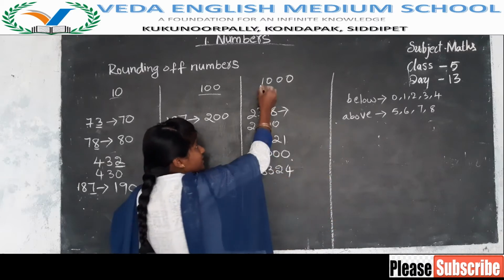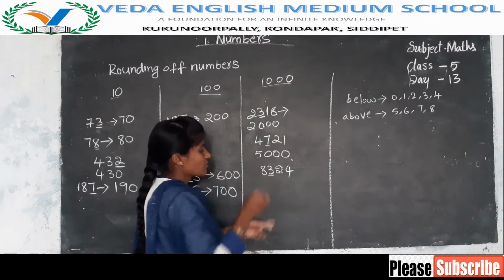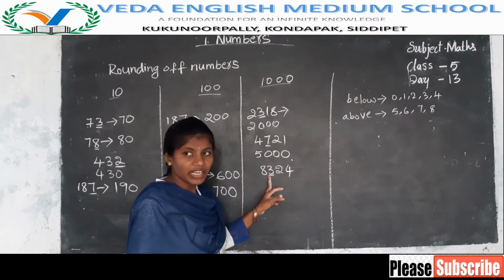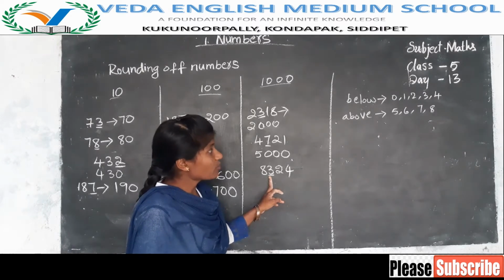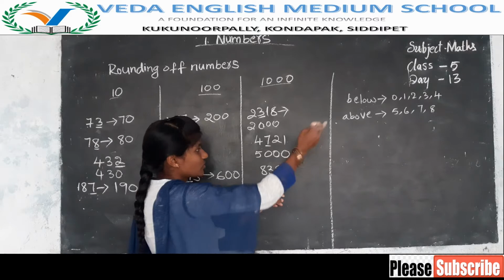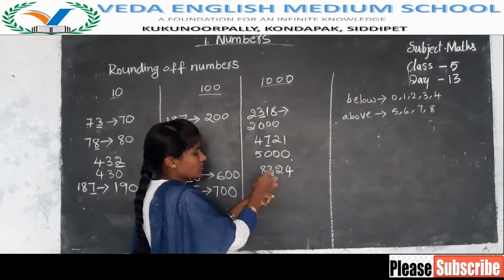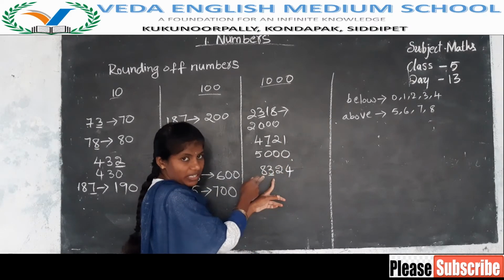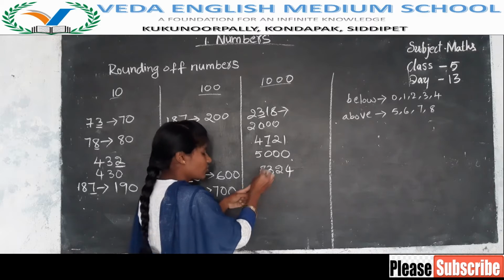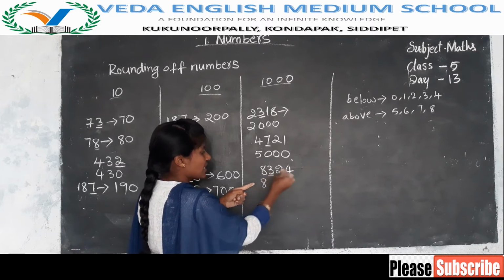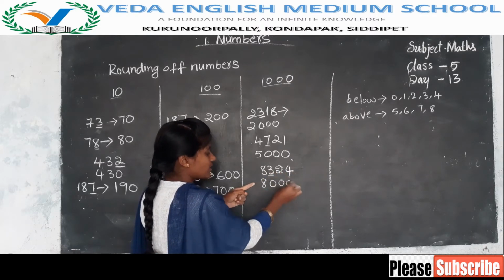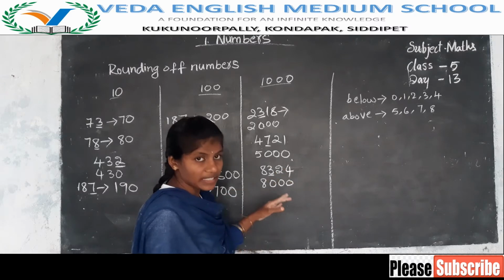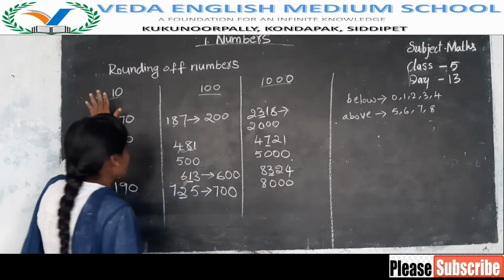Now check the nearest thousands అంటున్నారు కాబట్టి you have to check the place value of 100. What do you have in the hundreds place? 3. 3 is above 5 number or below 5 number? చూడండి below number. Below number means you have to increase the next number. Below అయితే next number increase చేయాలా? No, there is no need to increase. You have to write the next number as it is and remaining 3 places are zeros.